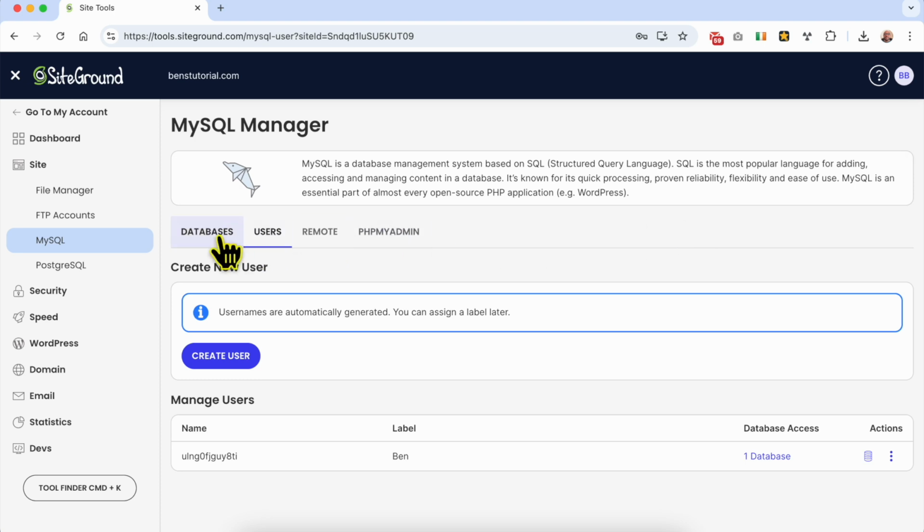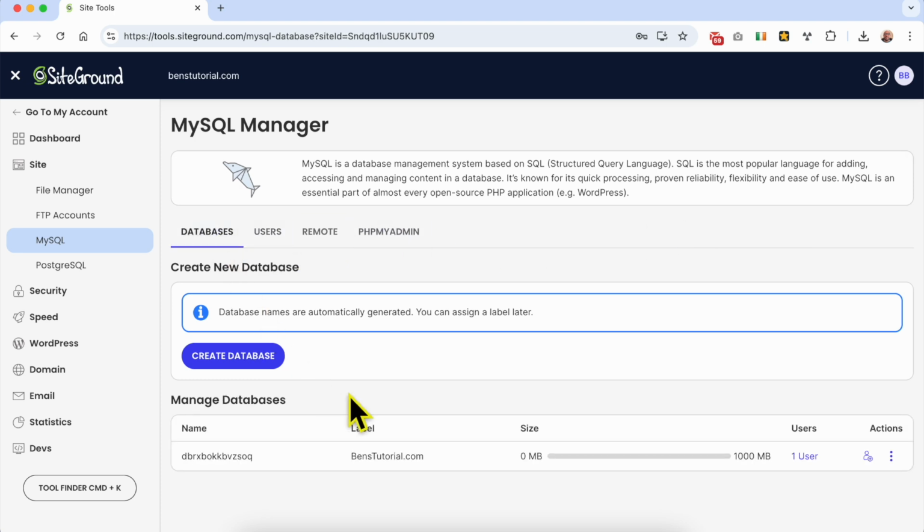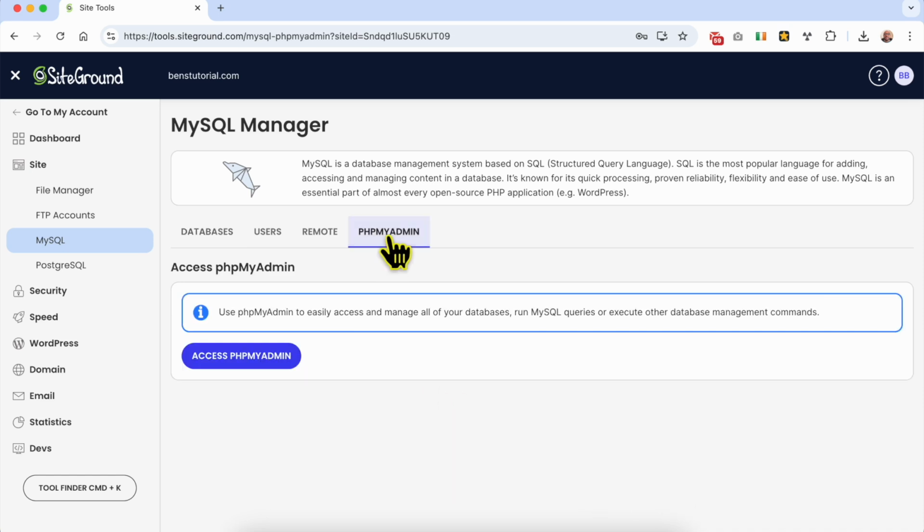Close this window. Go back to the databases tab. Before ending this tutorial, let's see how to access this new database. Go to php